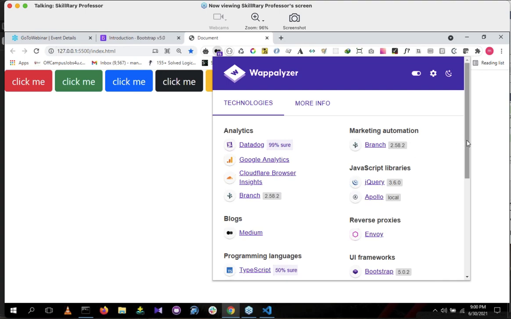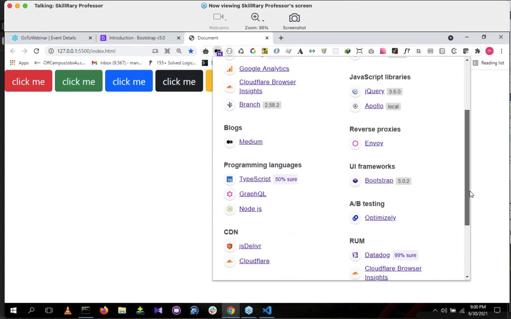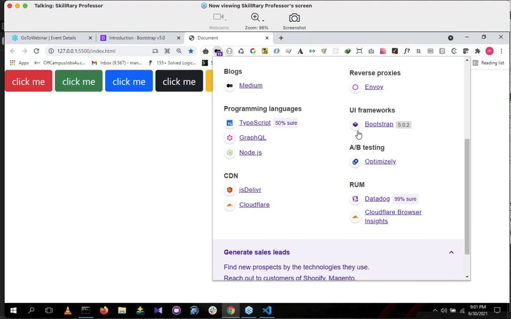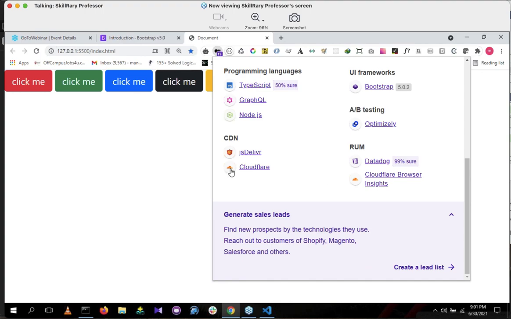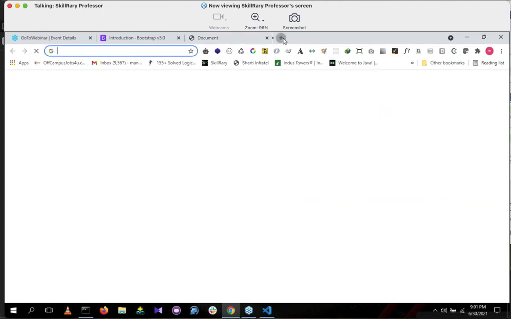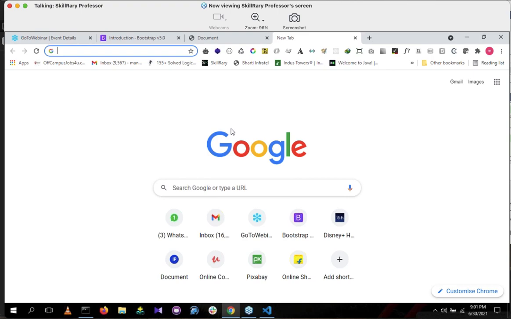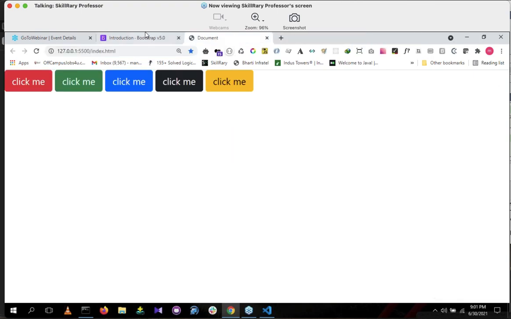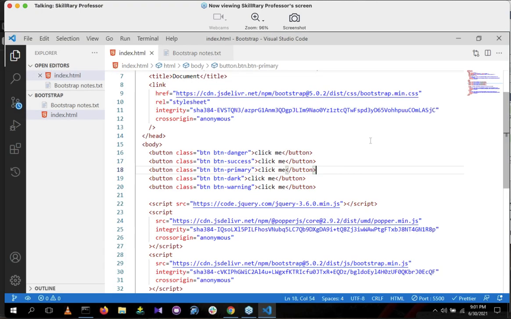Okay, what are the technologies we are using here? We are using jQuery and we are using Bootstrap. See, we are using a UI framework called Bootstrap. Programming languages not yet started. Let's show the notes. Okay, later I'll show those stats. What are the technologies they are using? Okay, guys, take down this. Take down this, then I'll show the notes. Done now? Everyone done with this?